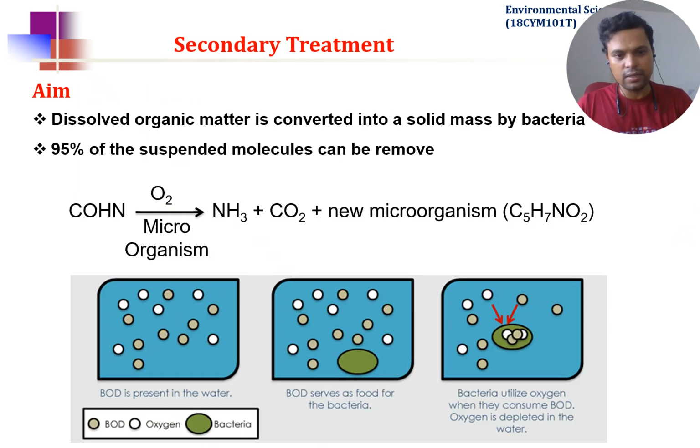Next is secondary treatment. The aim is to decompose all the dissolved organic material. This is a very common organic chemical formula used by wastewater treatment plant people: COHN. This is the formula of organic compounds which contain carbon, oxygen, hydrogen, and nitrogen. In the presence of oxygen and microorganisms, they will digest to ammonia, carbon dioxide, and new microorganisms with the chemical formula of C5H7NO2. Okay, so here you can see that white circles are basically oxygen, and brown circles are basically BOD,